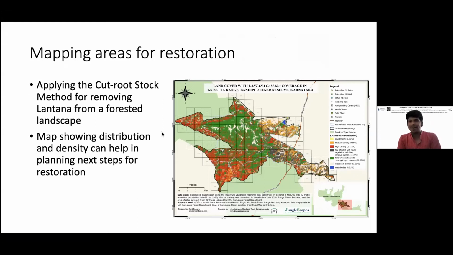I'll spend a little longer on this small slide because this was a very interesting piece of work that I did for Junglescapes, where they were using the cut root stock method for removing Lantana camara, which you must be aware is an extremely invasive species, found everywhere in the Indian subcontinent. And here, this is a part of a small range that we did a mapping for. We tried to map the locations of this species in this particular range, and we came out with very interesting